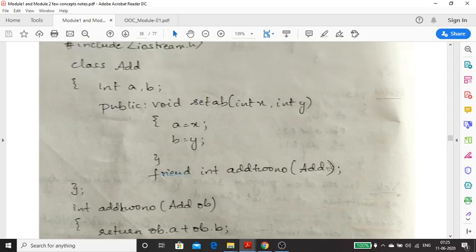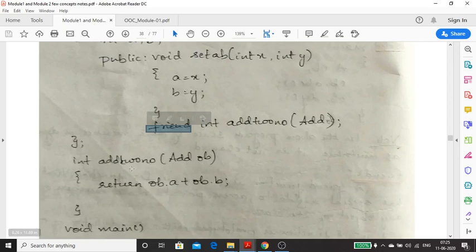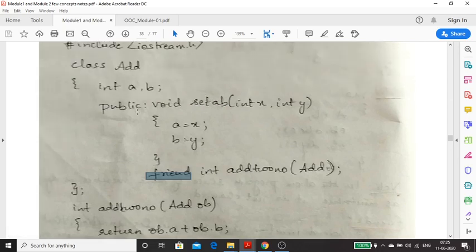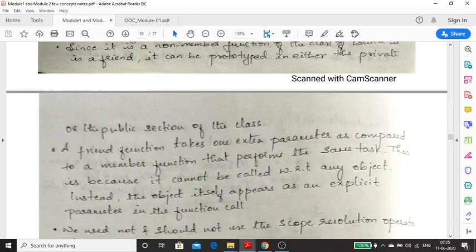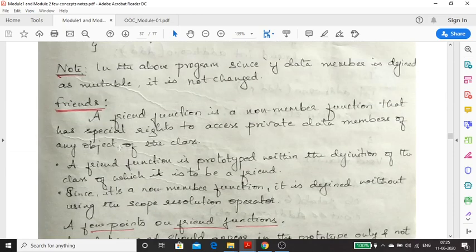Now, using the keyword friend, we can make a non-member function access the private data members of the class. So that's the advantage of the friend keyword. Suppose there's a section A and a section B, and a student from section B is a friend of some student in section A. Now that student of section B can access all the private things going on in class A, because he is a friend.